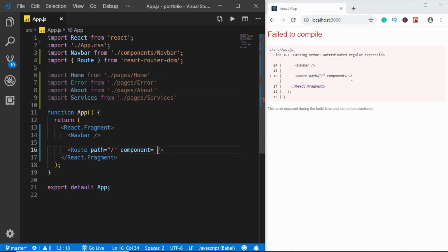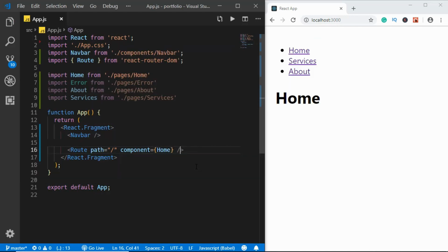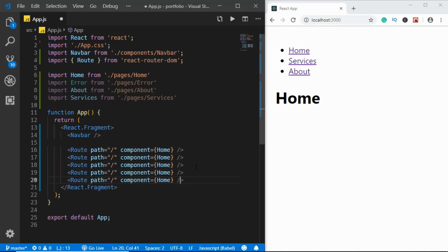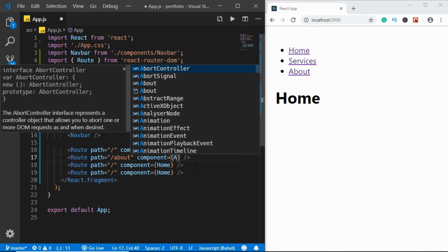Alright, we have imported all the components. Now for the component, here we will type home, and then we'll copy this a couple more times, and here we will type about, and we'll set this to the about component,